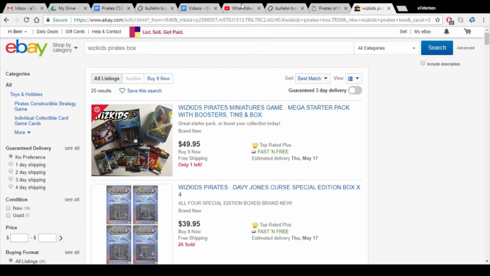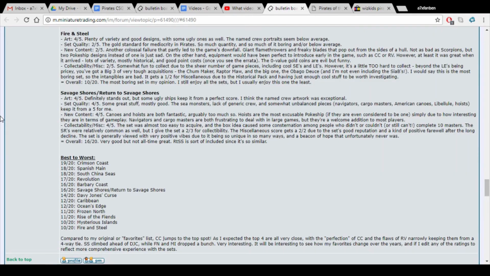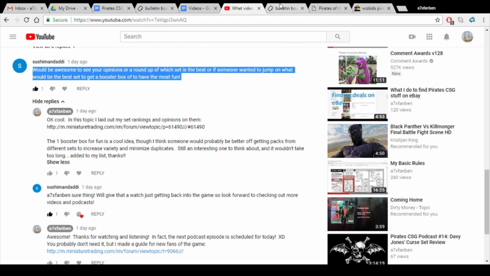So that's pretty much what I would say. The first 5 sets are generally the best, but if you prefer the fantasy stuff and you find that a lot of fun, I would go with either Davy Jones' Curse, Ocean's Edge, or Caribbean. But only go with Caribbean if you really like the movie tie-in and just realize that only pirate and English factions are in that, so you're not going to have the Cursed, for example. So that pretty much sums it up,